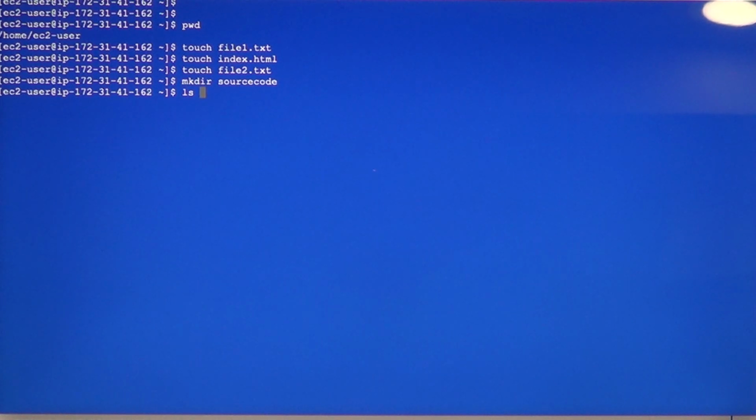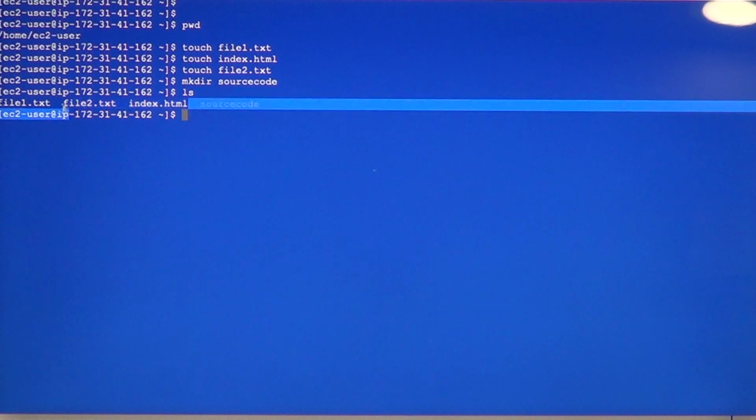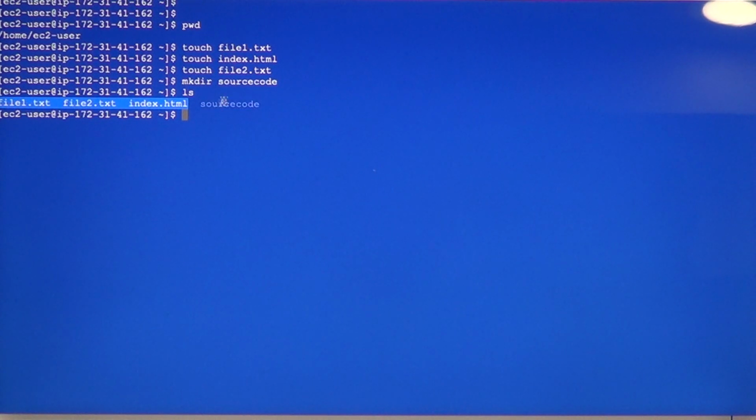Let's put the ls command, and here it is. The file1.txt, file2.txt, index.html, these are the 3 files which we have created. And there is a directory called source code. So this directory is showing in a different color. Okay, you can also check the directory name by using the